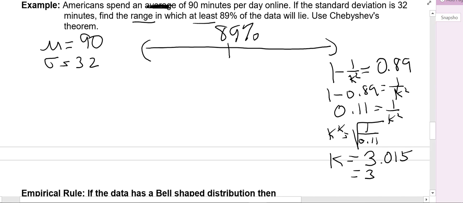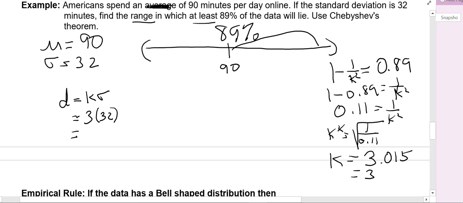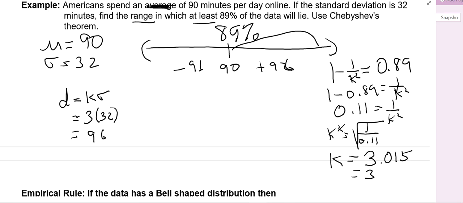Well, here's the mean, 90. The distance now to the end, remember, is related by k times sigma, but k here is 3, sigma is 32, so my distance is 96, right? 3 times 32, 96. So if I add 96 to this, and I subtract 96 from this, okay? Well, if you keep in the context of this problem here, you can't have a negative, but I'm going to just show you. Minus 6 to